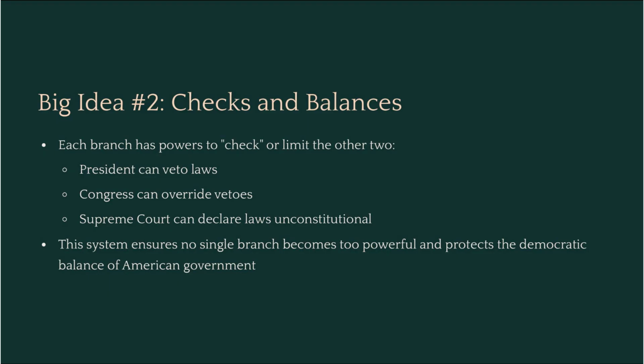It's like a game of rock, paper, scissors. We just talked about one. The president, executive, can veto a bill from Congress, legislative. That's a check. But Congress, legislative, can override that veto. That's a check back. Congress can also impeach a president or a judge. The Supreme Court, judicial, can check both of them by declaring a law unconstitutional. This system forces them to cooperate and compromise.